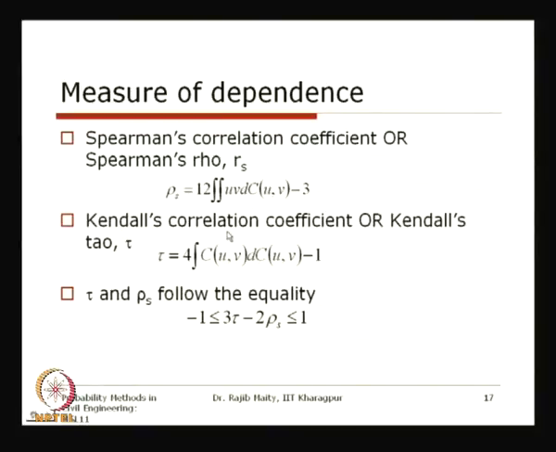Similarly, Kendall's correlation coefficient, or Kendall's tau, is equal to 4 times the integration of this copula function with respect to dC, minus 1. This is Kendall's tau, and tau and rho s follow the inequality that 3 times tau minus 2 times rho s is bounded from minus 1 to plus 1. Even though we have discussed these two measures of scale free dependence through the copula function,